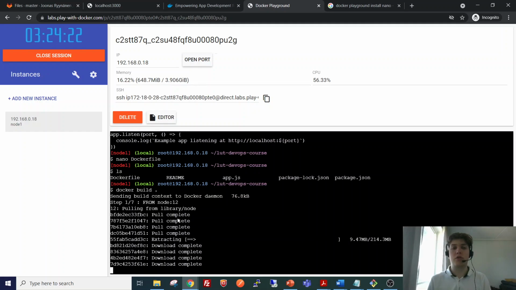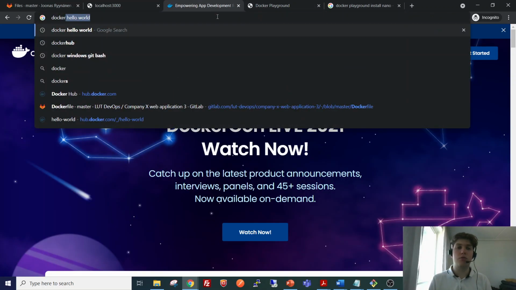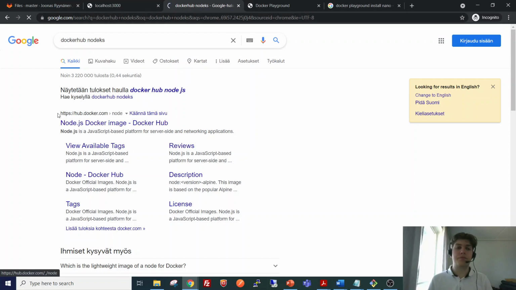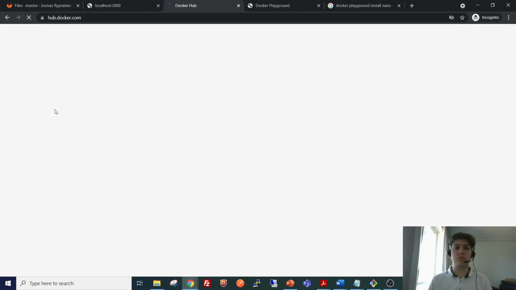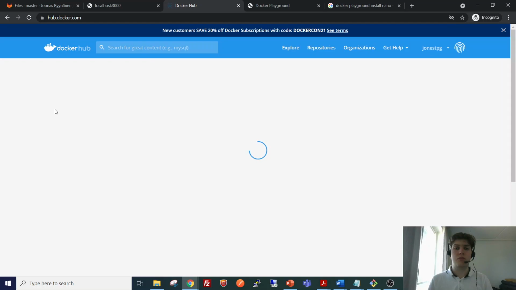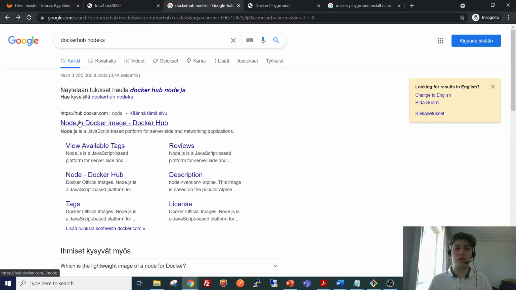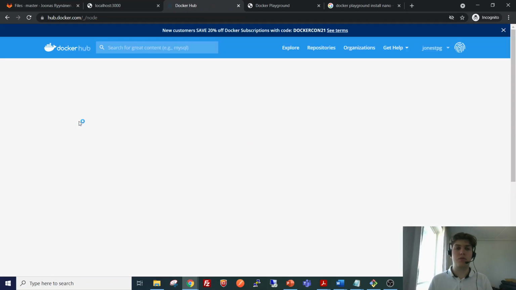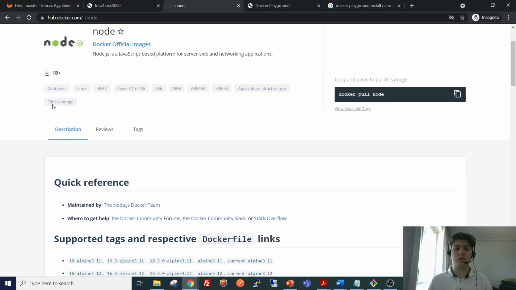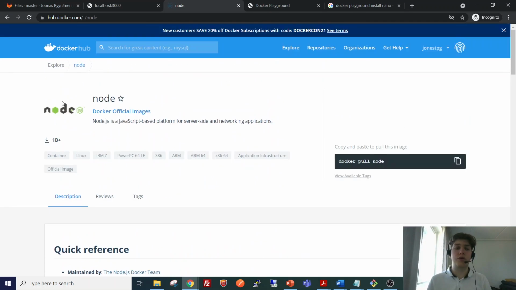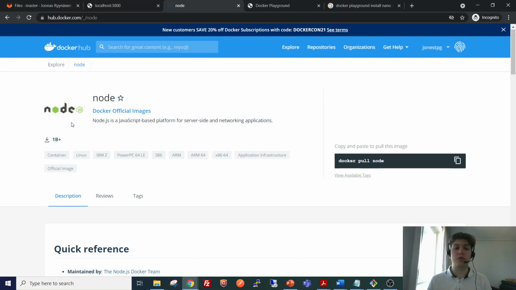We can actually go ahead and see how the image looks in Docker Hub. Oh, this is the wrong one. Oh, no. Yes. So this is an information page about the node image.